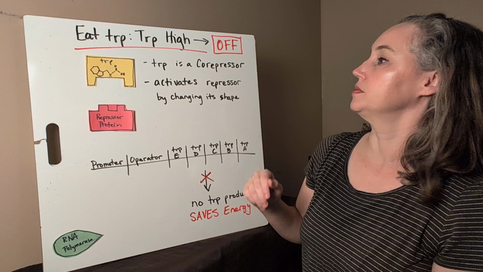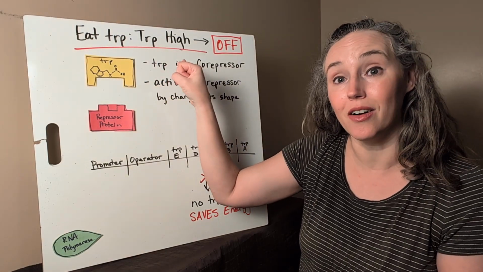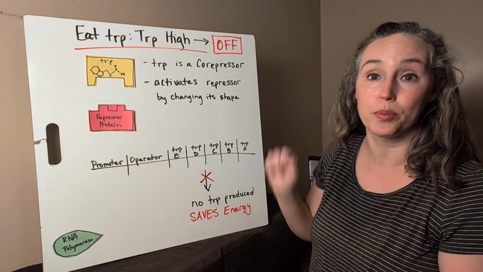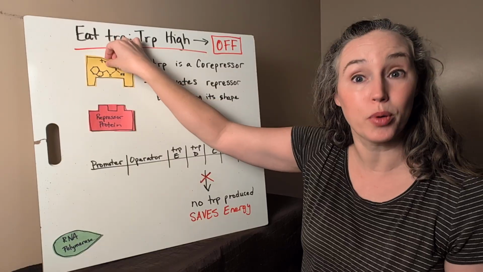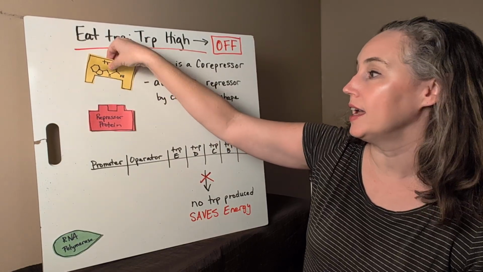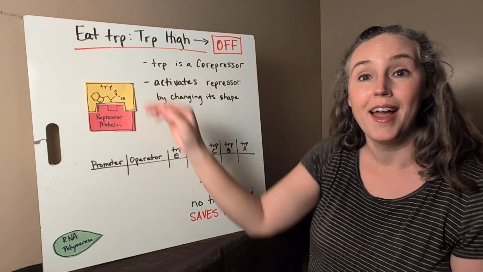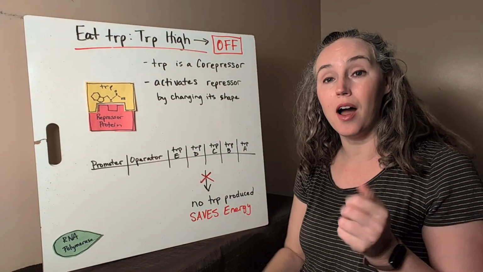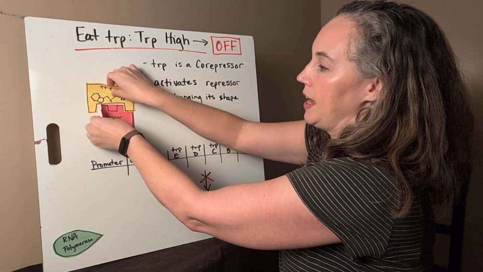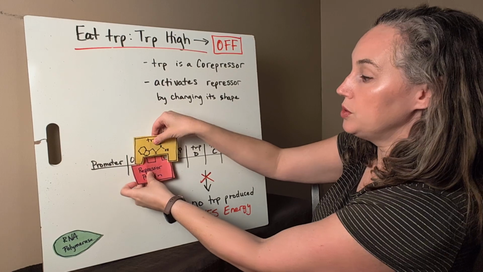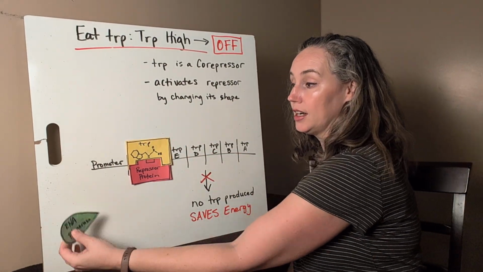How does this happen? So the tryptophan amino acid itself is what's called a corepressor. A corepressor will activate the repressor protein by attaching to it and changing its shape. Now, the shape of the repressor-corepressor combo is such that it can now attach to the operator and block RNA